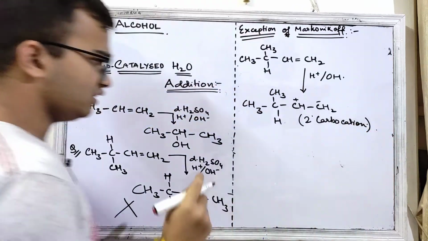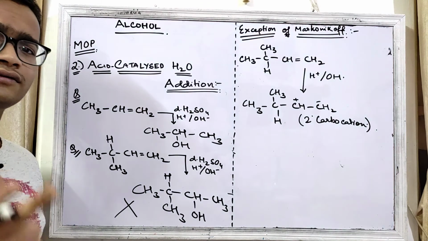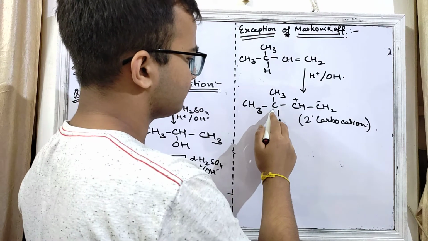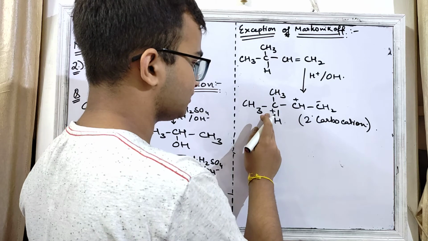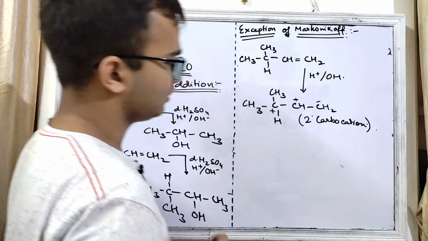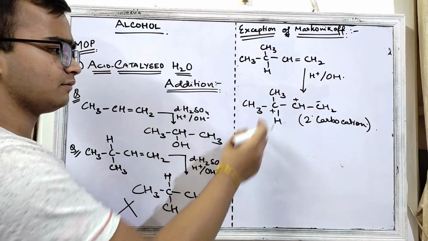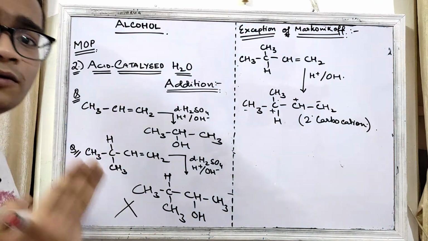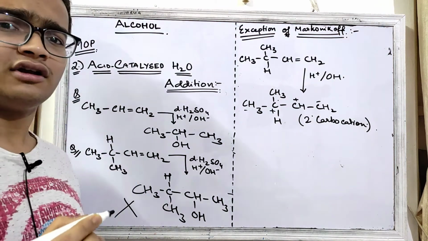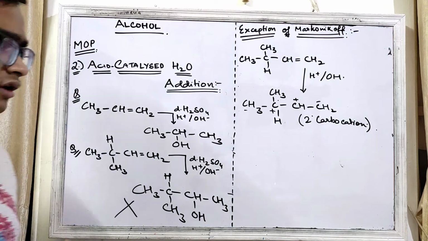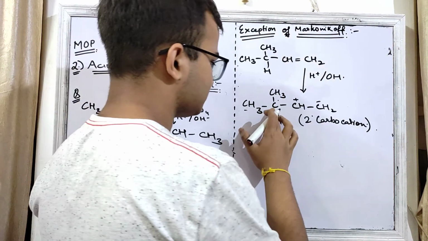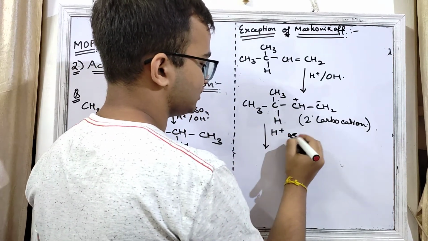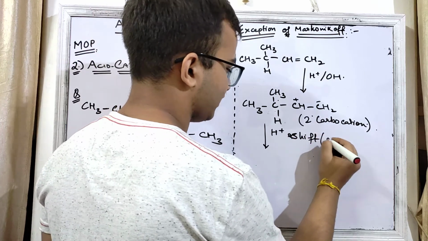Now see, if you notice this very carefully, there is a possibility of the formation of a 3 degree carbocation. How? If this plus charge is coming over here and this H is going over there, it will become CH2 and this will be the carbocation. Now see, here is 1, 2 and 3, so this will be a 3 degree carbocation, which is more stable. So since there is a possibility of 3 degree carbocation to be formed, rearrangement will occur. So how will rearrangement occur? You can write here H plus shift or say rearrangement.